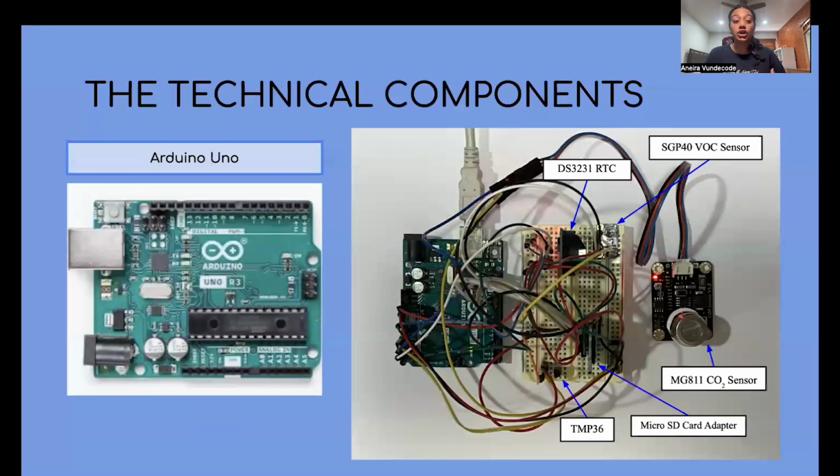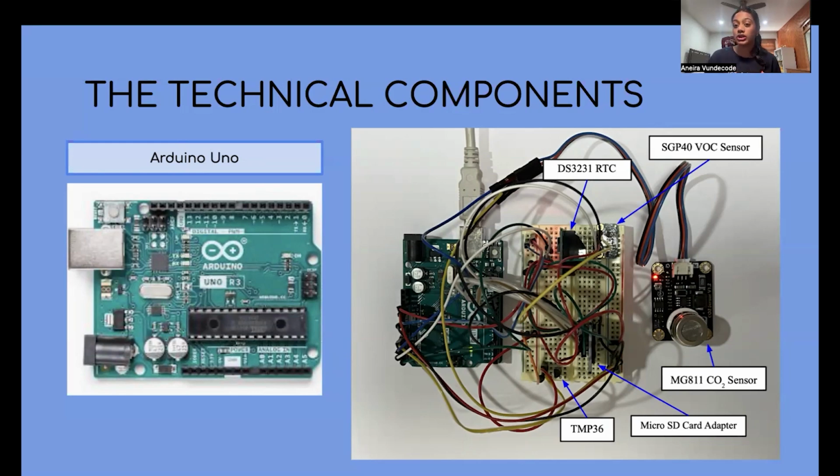Now, let's get into the heart of the system that I was able to develop. The Arduino Uno serves as the backbone of my design, connecting sensors that monitor CO2 and VOx. But what is an Arduino Uno? The Arduino Uno is a type of Arduino microcontroller that allows people to connect software and hardware components seamlessly and integrate multiple sensors like I have used. So in my system, I have a total of 5 different sensors and components connected to an Arduino Uno and a